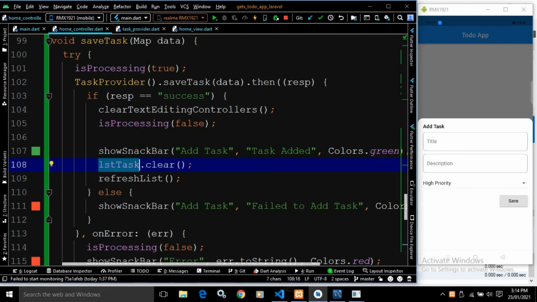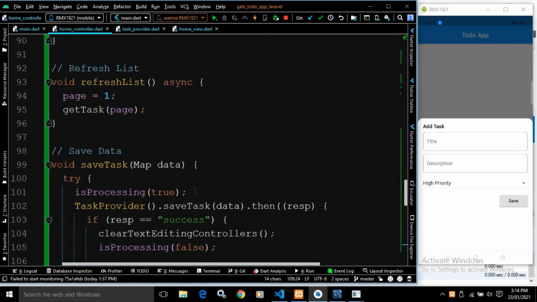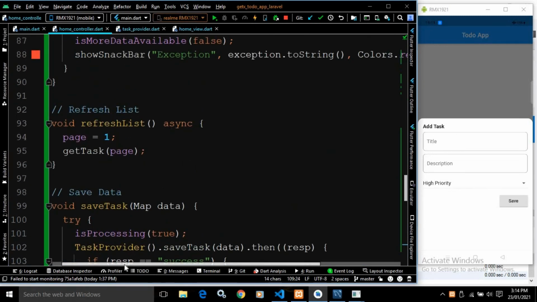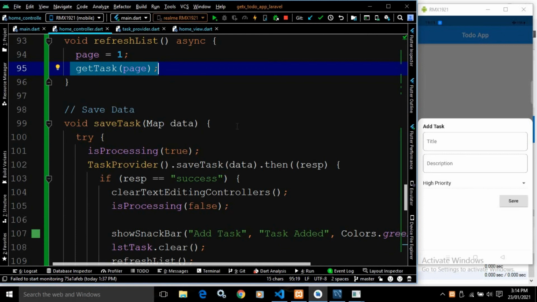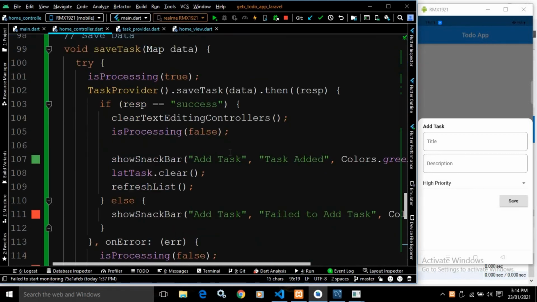And after that, I am calling a method refresh list. Now this refresh list method I have created here. In this refresh list method, what I am doing, I am initializing the value of page as 1, and after that again I am calling the get task method. Okay, now get task method I have already discussed in my previous video, right?